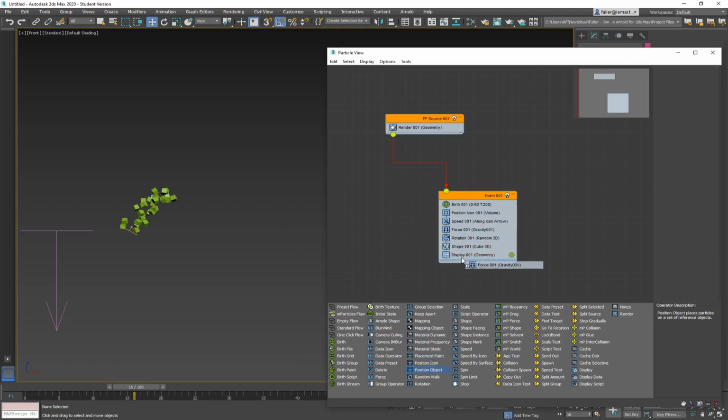Let's get my force all the way down so I know what I have added to the system. So there it is. Okay, so that is a regular operator inside my event. There are not only those regular operators for force, but there are also some other ones, the yellow ones, that I'm going to use right now. So the next thing is, let's try something else, a different kind of force, and that is a deflector.